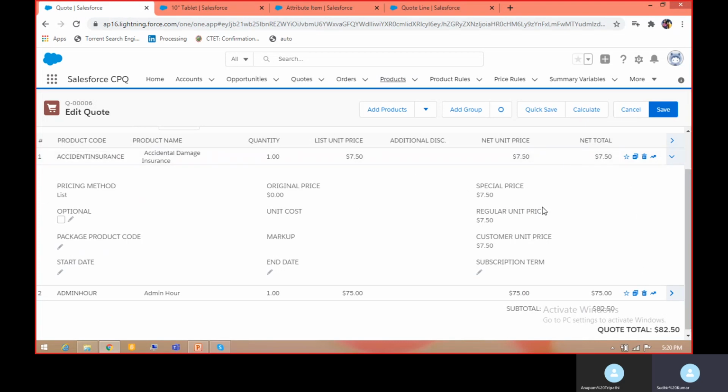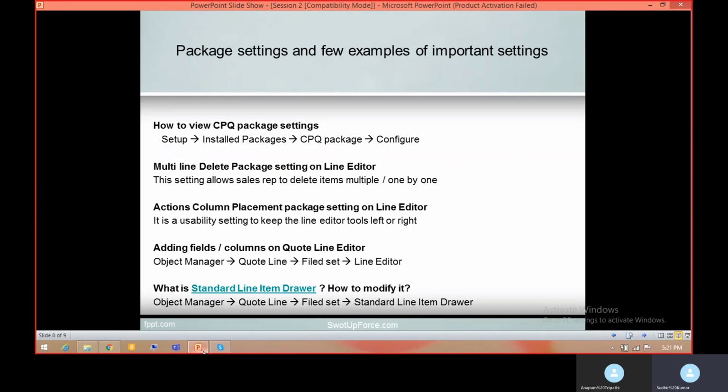This section is called the line item drawer, and sometimes you may have a requirement to remove a field and add some more fields over here, or you need to modify this line item drawer. So let me discuss it.